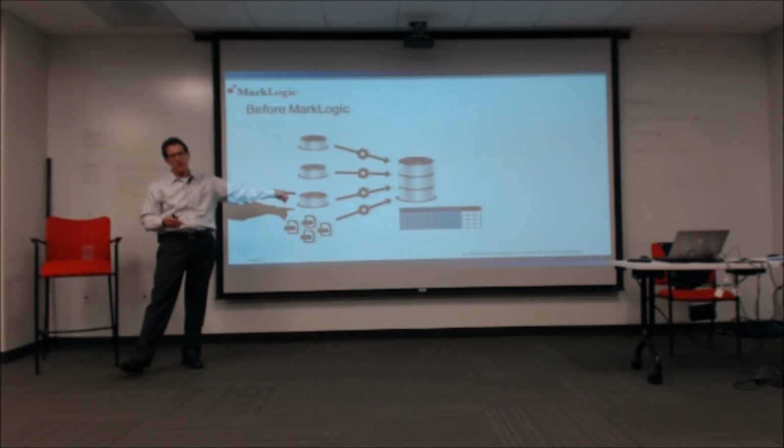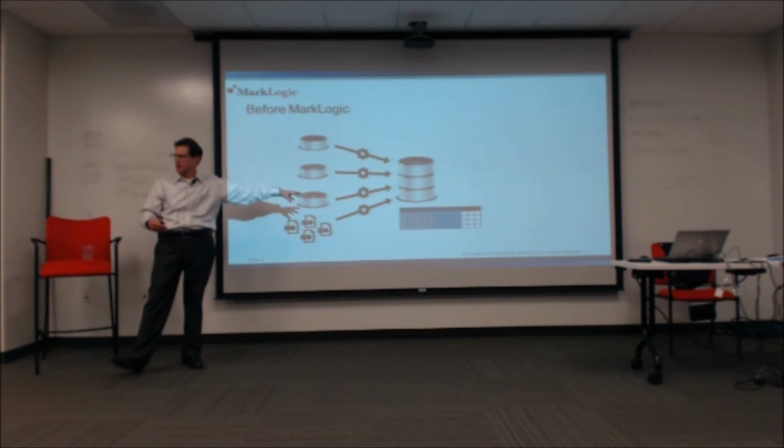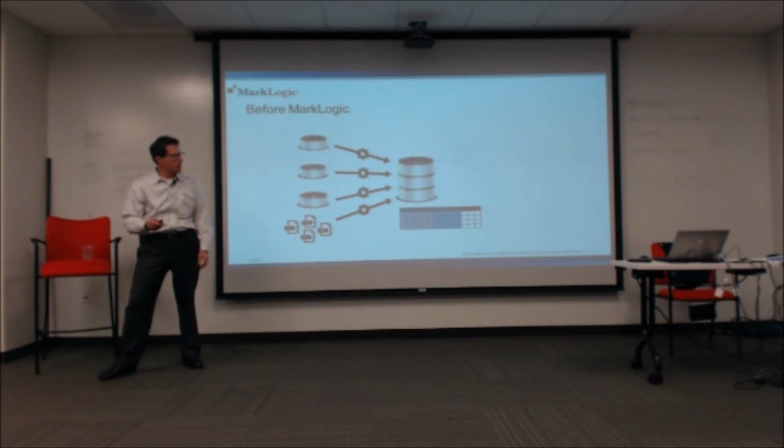I still have to change my schema, and I still have to change my transformation layer. So I'm in this endless loop. As fast as the systems are changing, I'm changing this, and all of a sudden I'm at 5 years and $5 million, and I'm ready for a generational shift to database. And the way